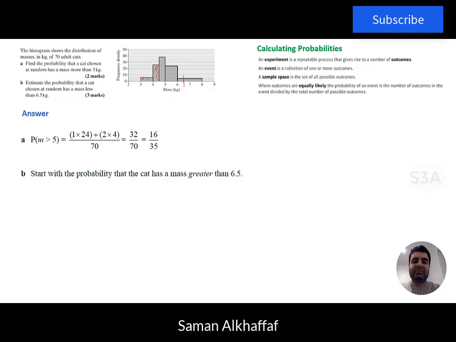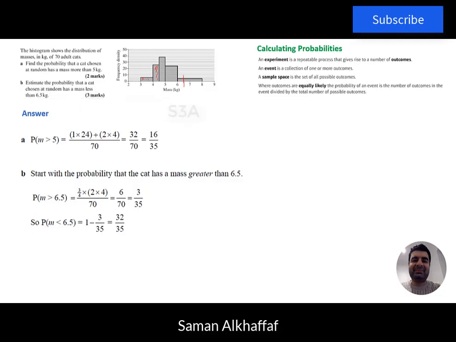That will be 3/4 multiplied by 2 multiplied by 4, which is the range that we have here, and then that divided by 70, which will give us 6 over 70, and that will be equated to 3 over 35 for the range higher than 6.5. Then we take 1 take away 3 over 35, which will give us 32 over 35 in terms of